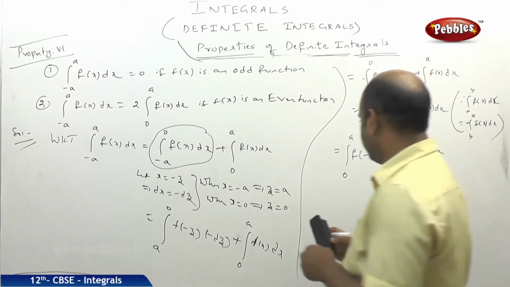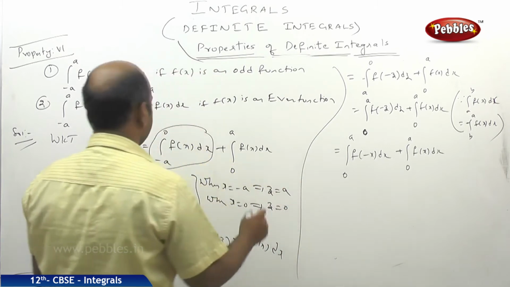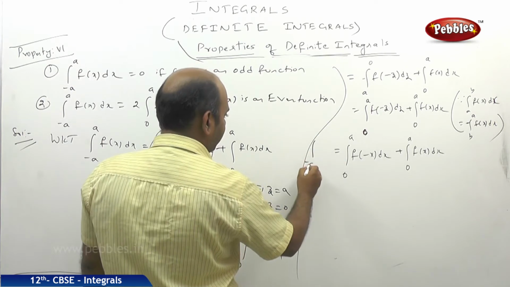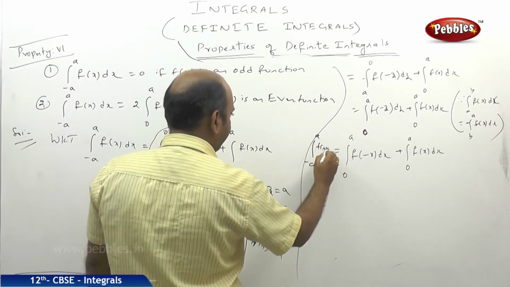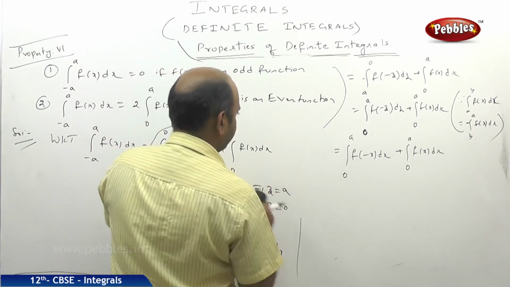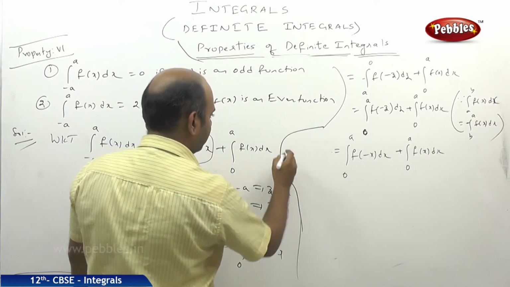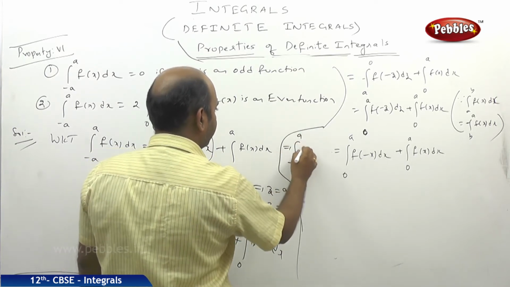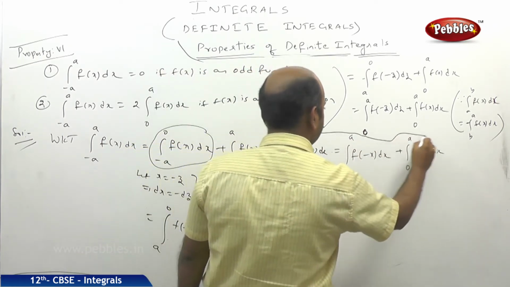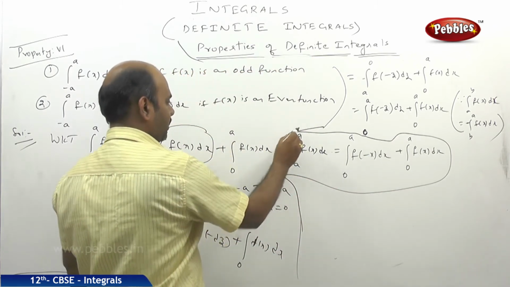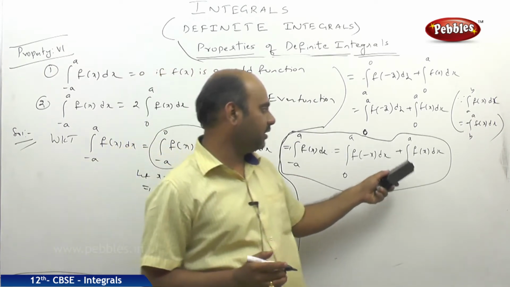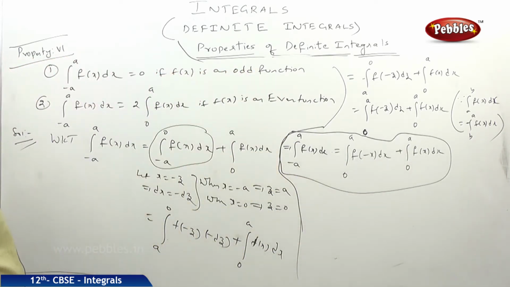Now here we will get two cases. But before taking the cases, what does this mean? Integral from minus a to a f of x dx. You should remember this. I will write it neatly here. What does this particular thing refer to? Integral of minus a to a f of x dx we obtained as: integral from minus a to a f of x dx is equal to integral 0 to a f of minus x dx plus integral 0 to a f of x dx.